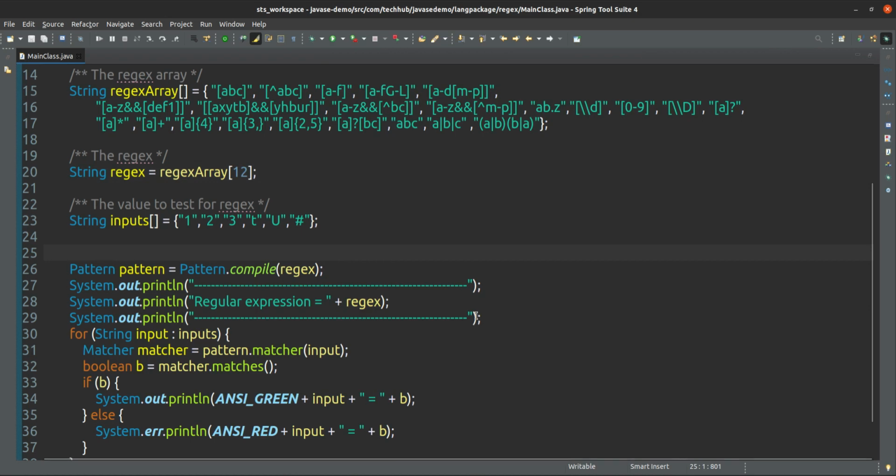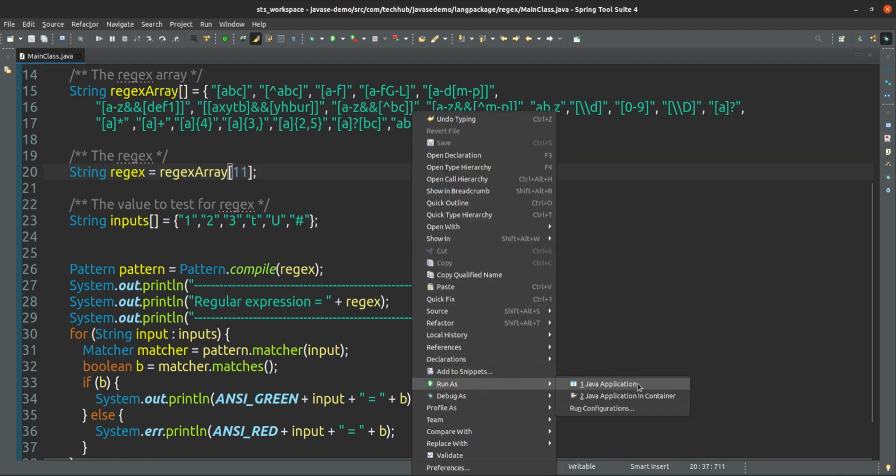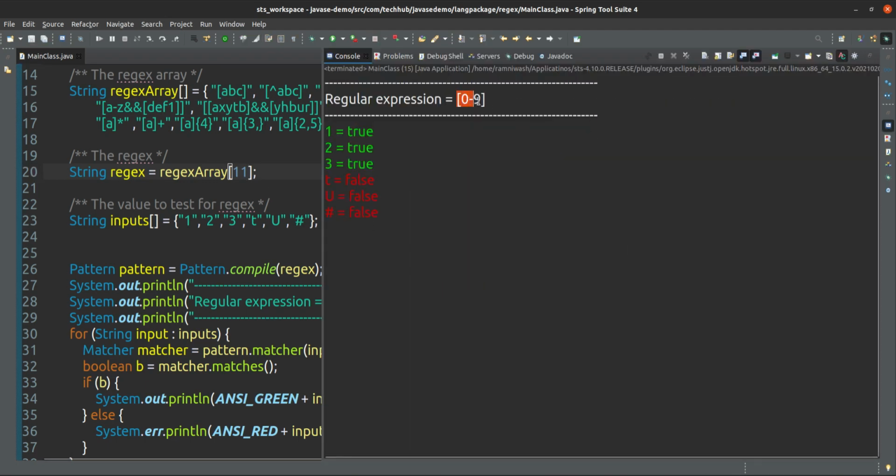And this is d, for digits, but if you don't want to give digit, you can give in the range also, like this 11th one, that is also a range. See this one, this is the regular expression 0 to 9.